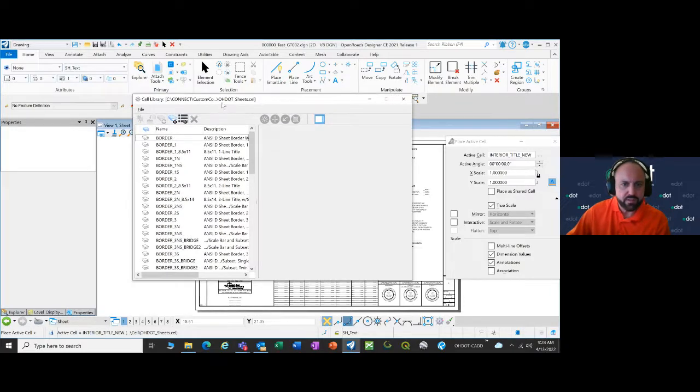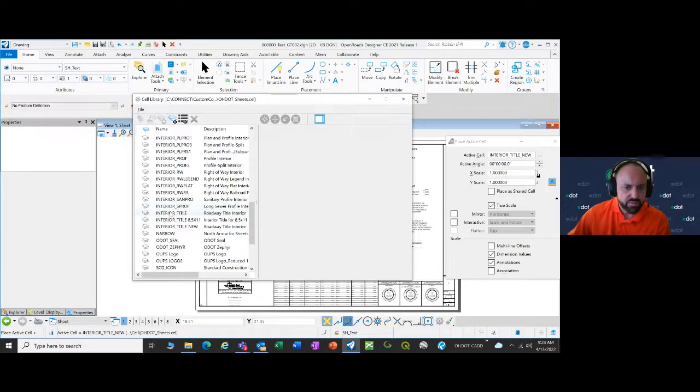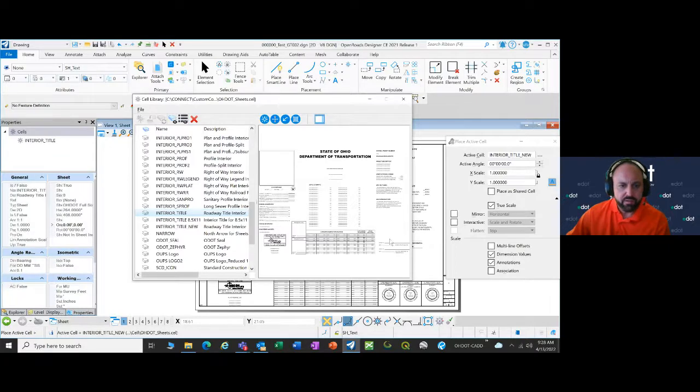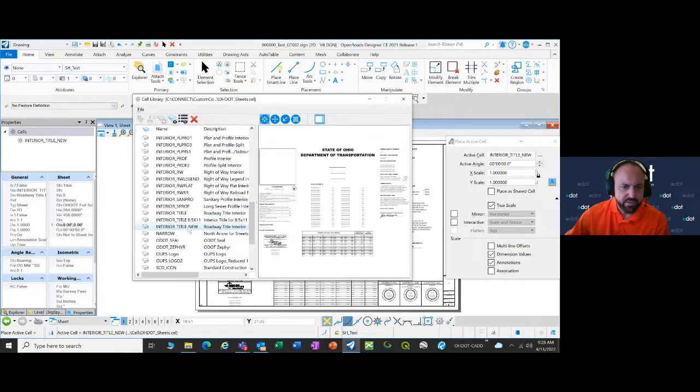So in the OHDOT sheets, if you place a title sheet now with the current application that we have, it's going to place the old title sheet border here. If you want to use the new title sheet border, which is this interior title new, you'll have to place the border for the title sheet, and then you'll have to come here, select this cell, and then place this cell manually